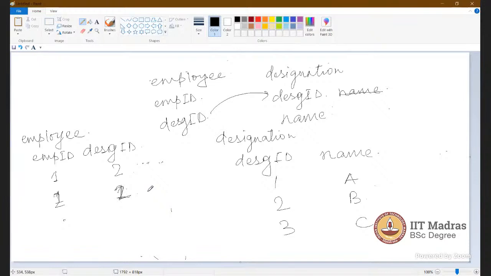So 4. Sorry, not 4. In the employee table, there are two records where the employee ID is 1 or 2? Yeah, these are the two records. Okay.